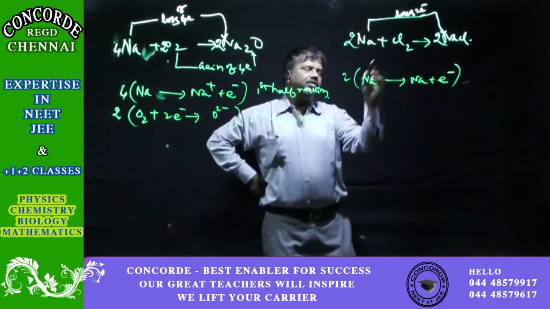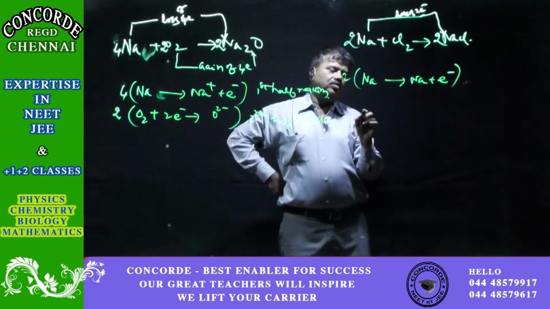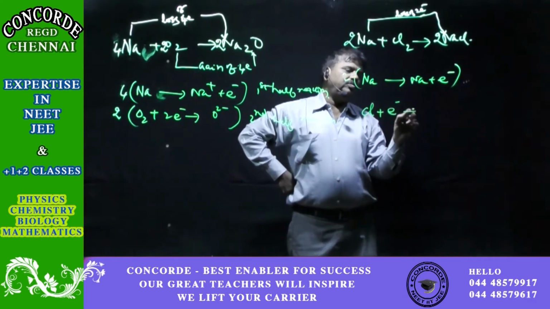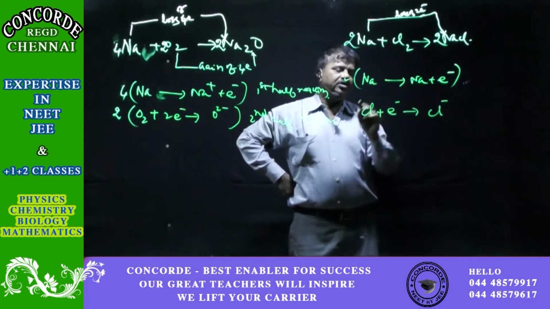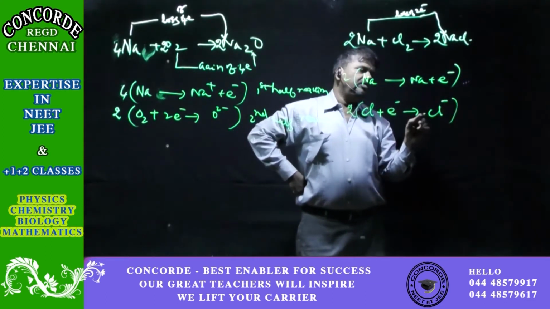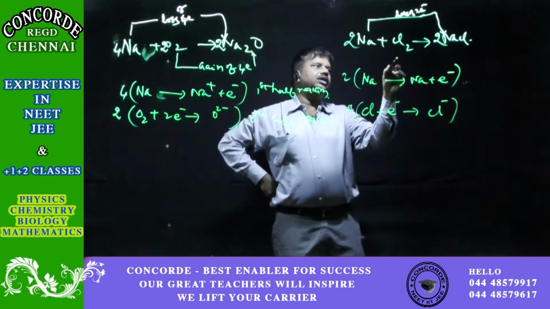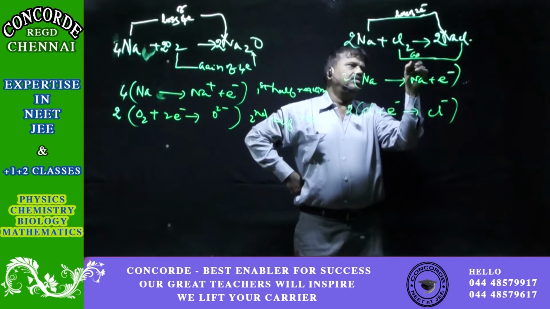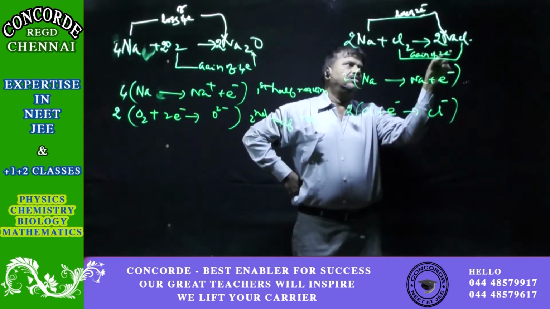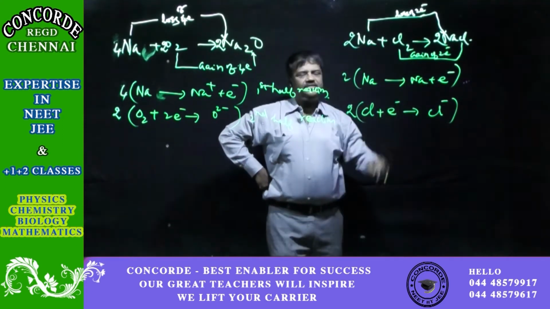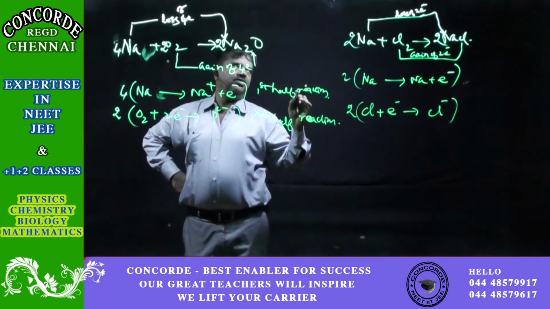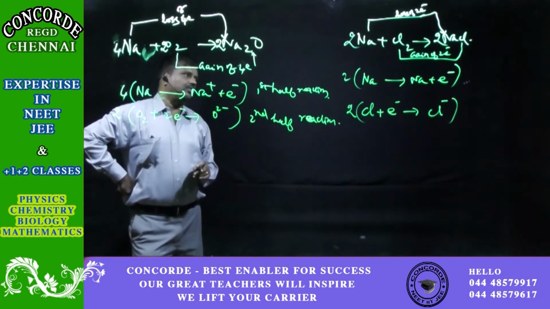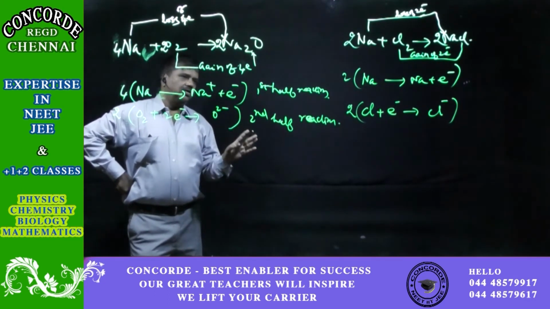So now what has happened here? Cl2, 1 Cl is going to accept 1 electron to become Cl minus. Since there are 2 Cls, Cl2 will become 2Cl minus. So the gain of 2 electrons. So what is lost and what is gained should be nullified so that the compound as a whole can be electrically neutral. Okay, you understood this?